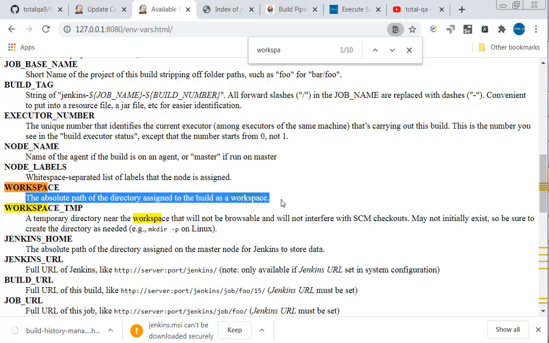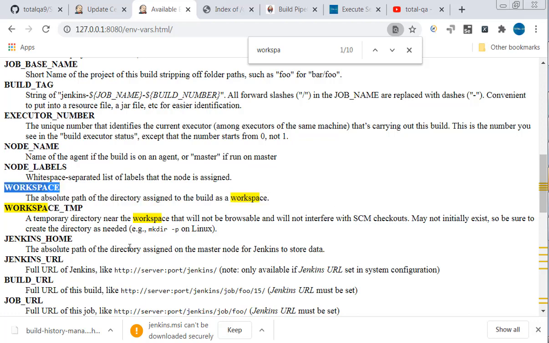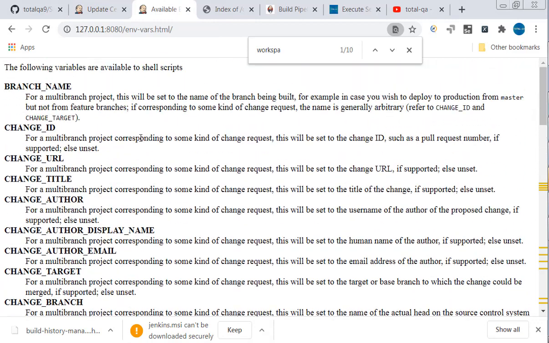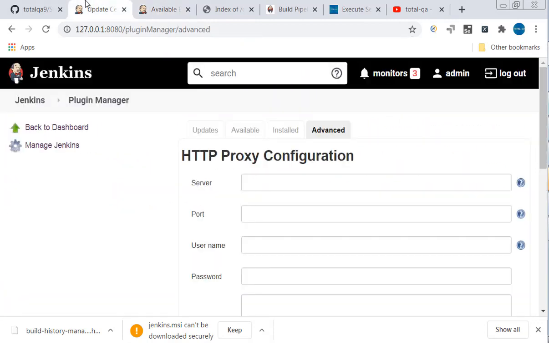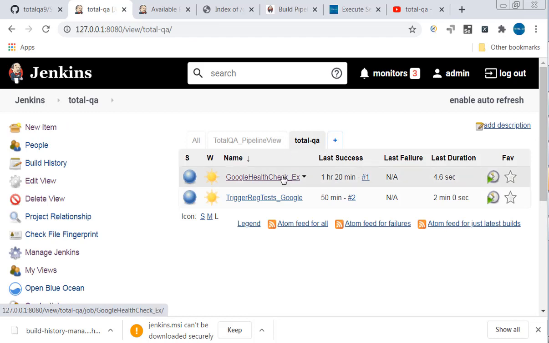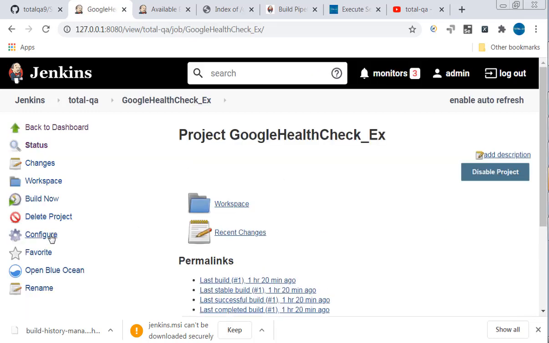Suppose in my Jenkins job I wanted to use this environmental variable. Very simple. Copy this and go back to the job. Open this job, click on configure.